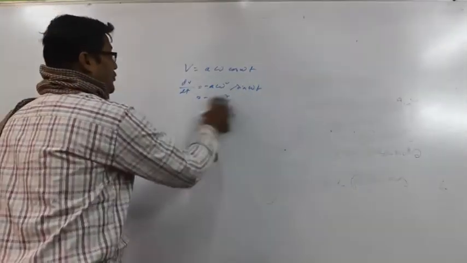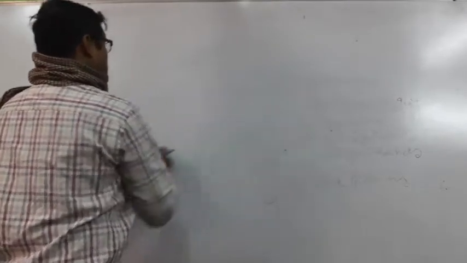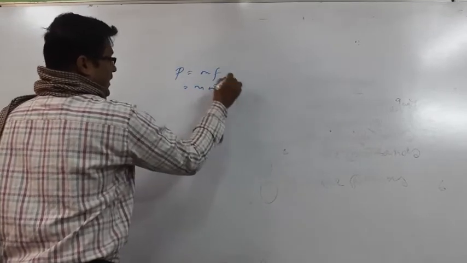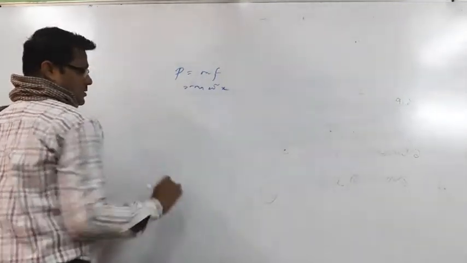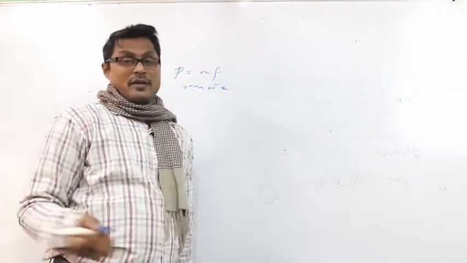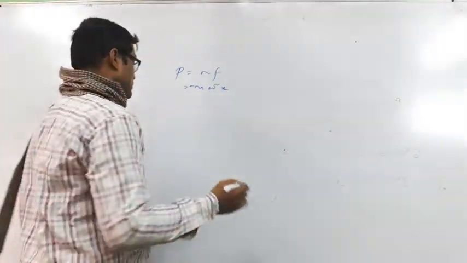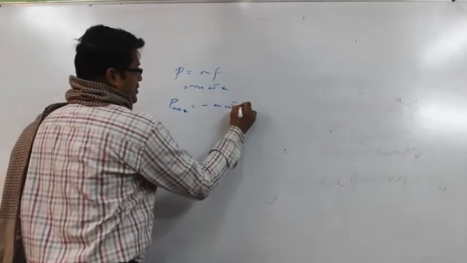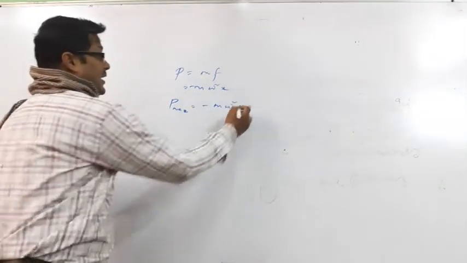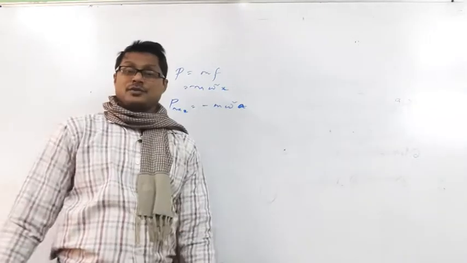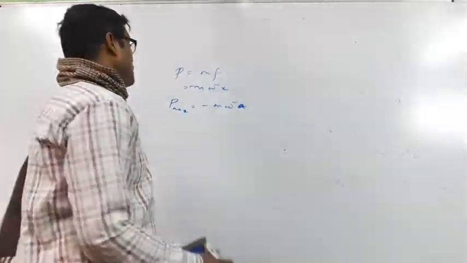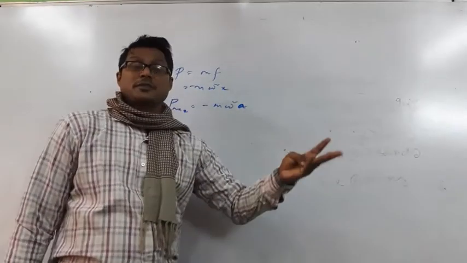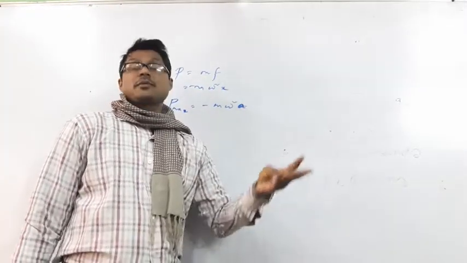Now what is the force? Force F equal to ma, that is minus m omega square x, always related to the equilibrium position, that's why minus, and F max equal to minus m omega square a, where x is converted to a, the amplitude. So this is force. We have the displacement, the derivative of displacement is velocity, and the derivative of velocity is acceleration,